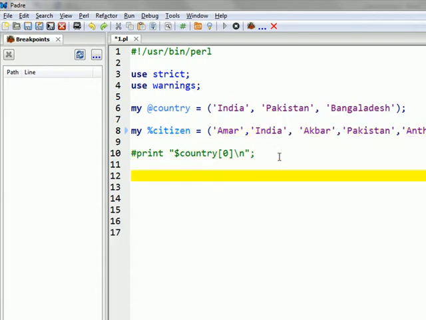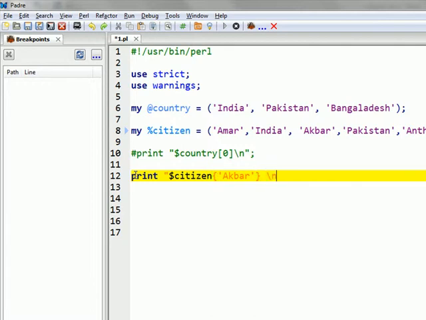For example, if I want Pakistan to be printed out, I have to write print dollar, and what is the hash name? The hash name is citizen. And which key do I have to access? I have to access the key Akbar, which has Pakistan.